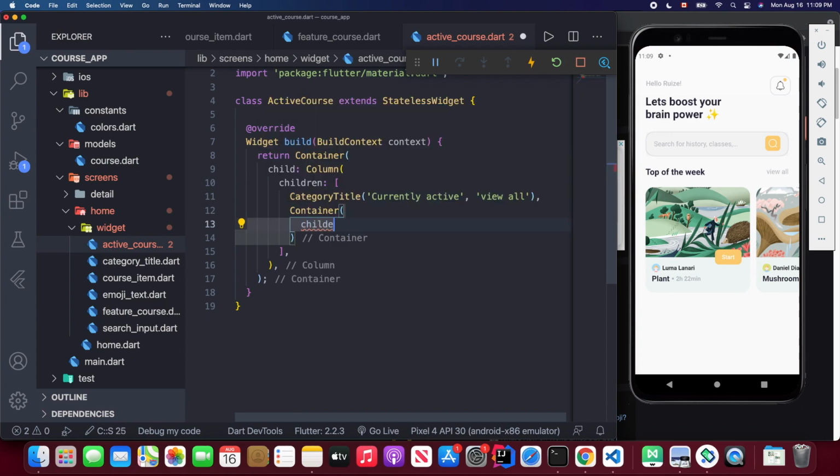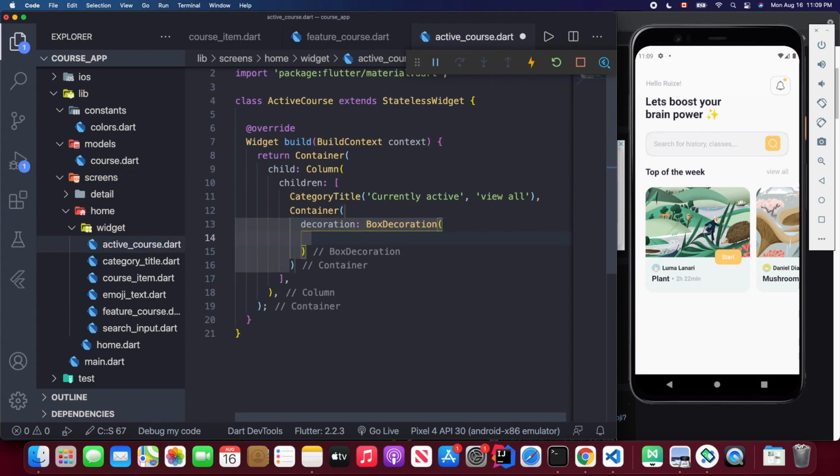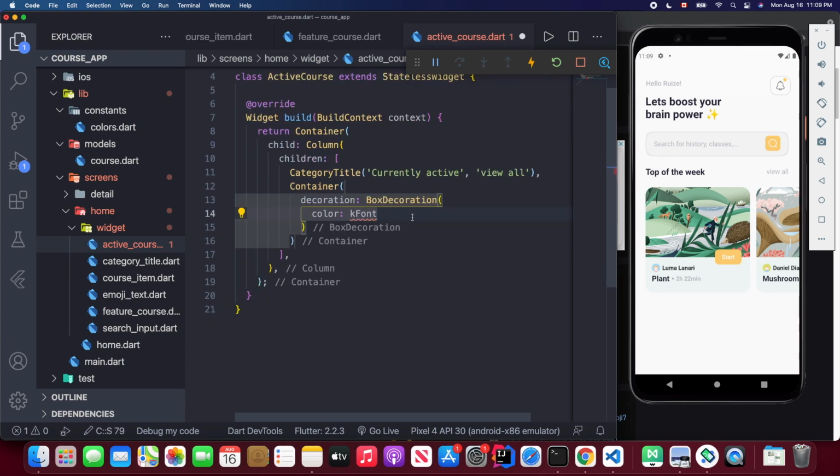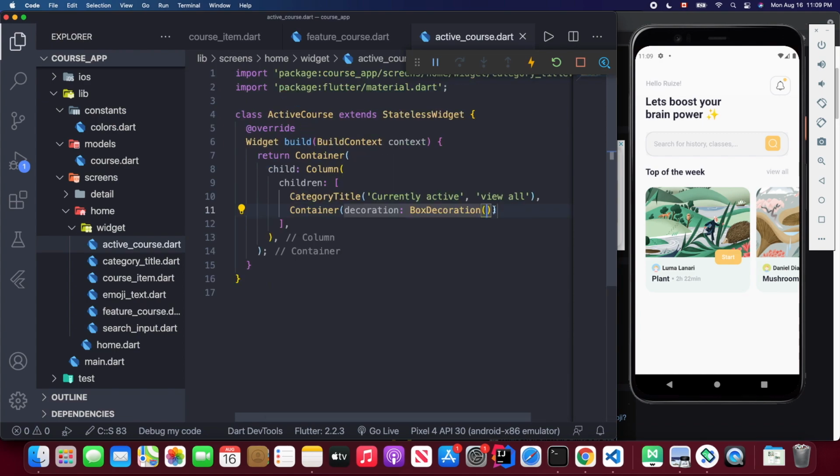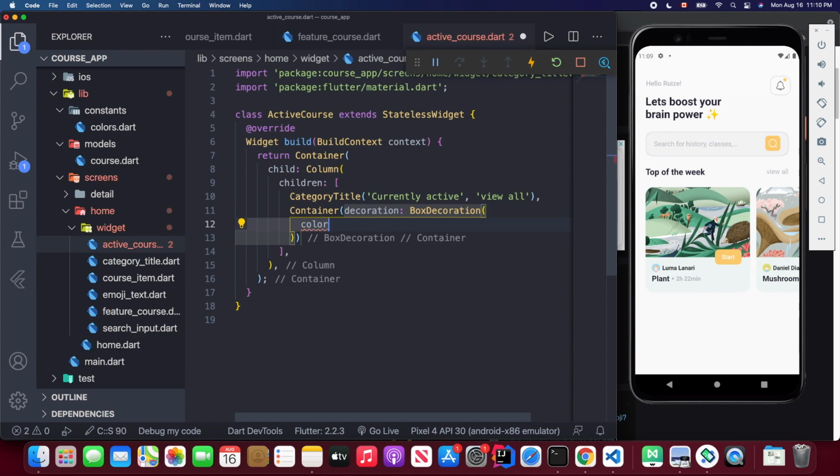Okay, we need to specify the child decoration using the box decoration. So inside the box decoration, we can specify this color, and we're using font. So I think, do I miss out something? Okay, so inside this box decoration, I give this color, so I will use foam light